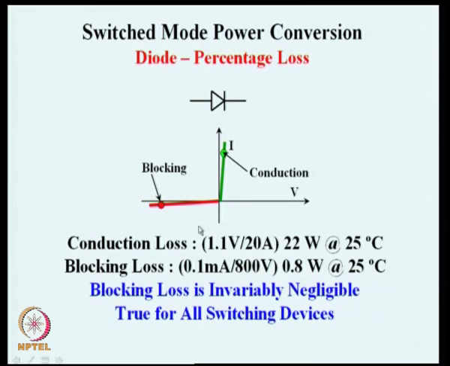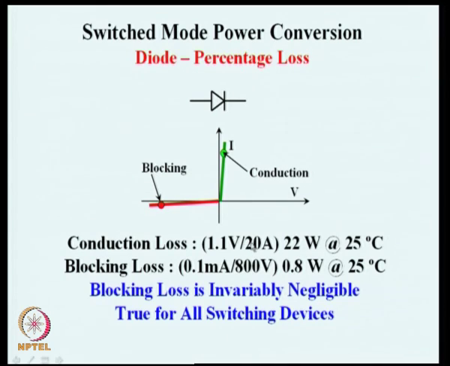Another important thing that we can see, this switch is capable of switching 20 amperes and blocking 800 volts. So, in a way you can say that this switch can switch a power of 20 into 800, which is equal to 16,000 watts. A 16 kilowatts of power can be switched by this switch. That is, you can block a voltage of 800 volts, and under that condition you can switch a current of 20 amperes. So, that is equivalent to a power of 16 kilowatt being controlled, 16,000 watts is being controlled by